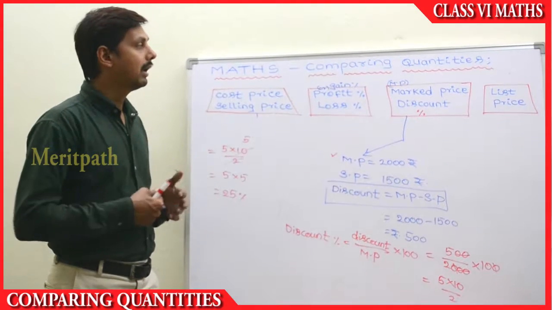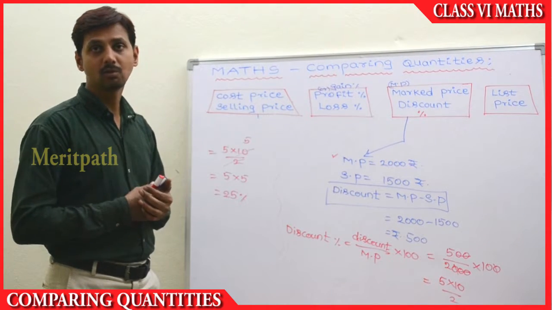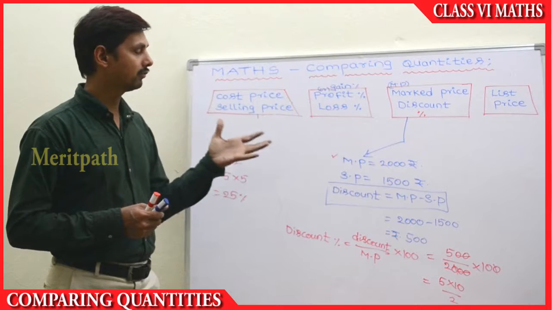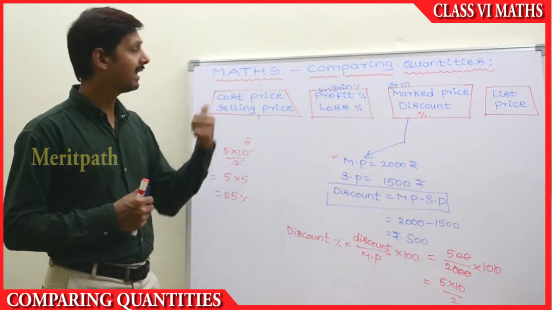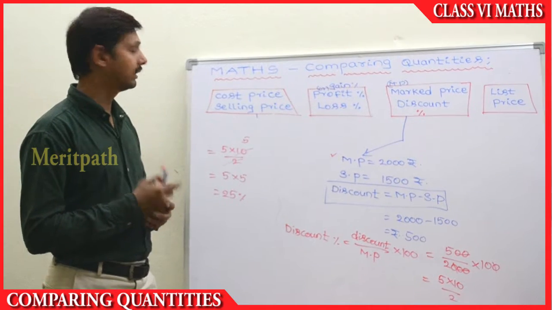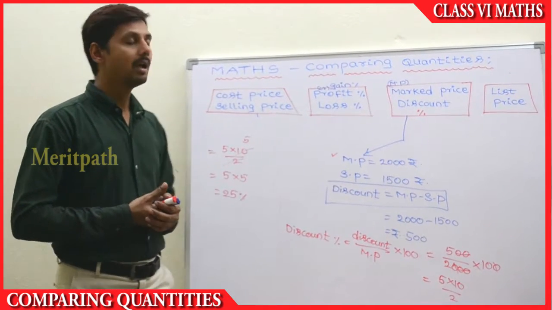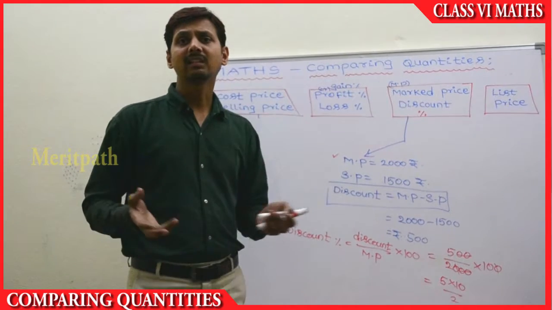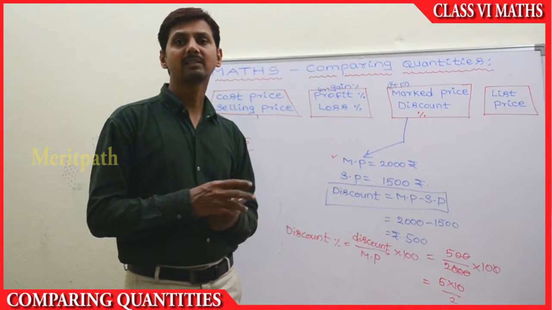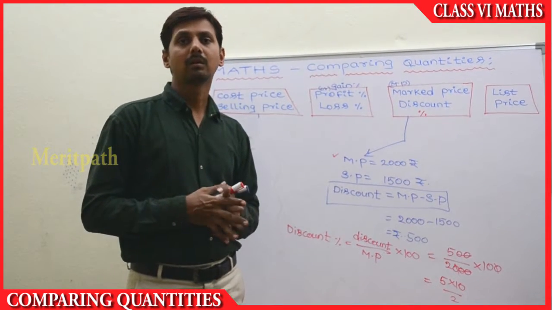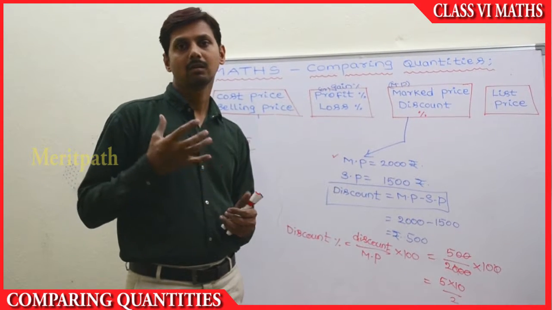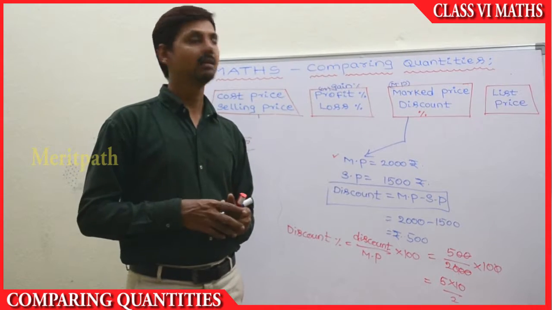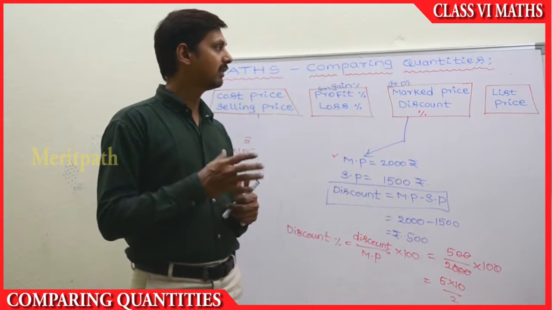In this manner we will apply this in all situations. This formula we apply in situations like MP, and previously we solved profit and loss percent using cost price and selling price. The list price is just whatever the seller has printed on the article or the thing, that is called list price. So this is the concept about